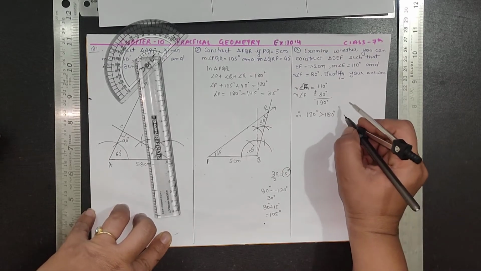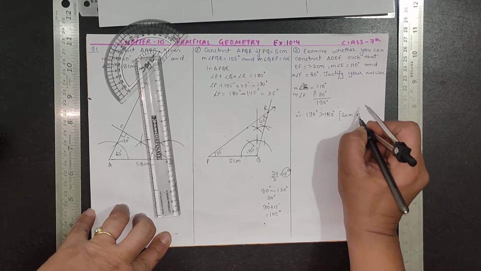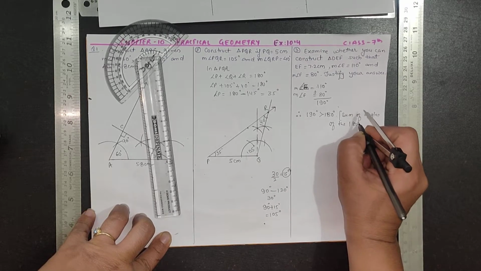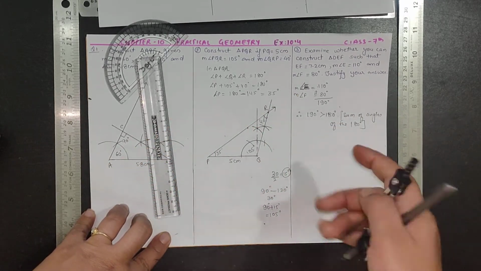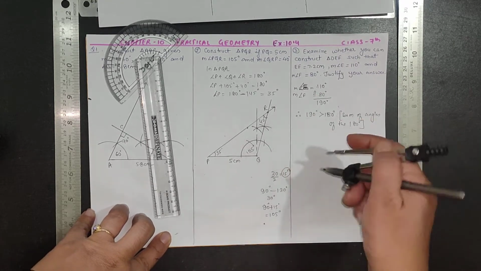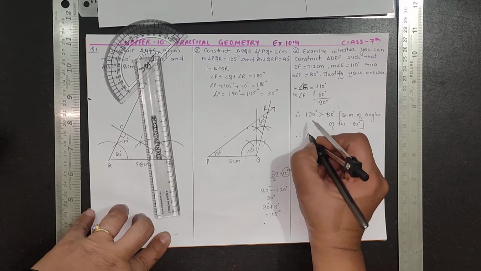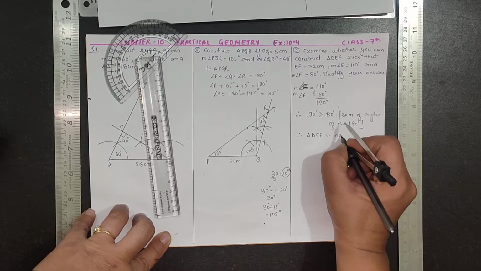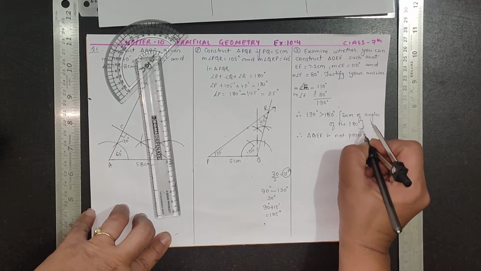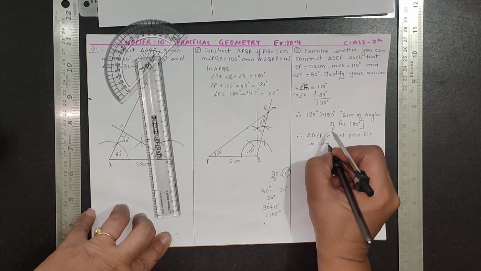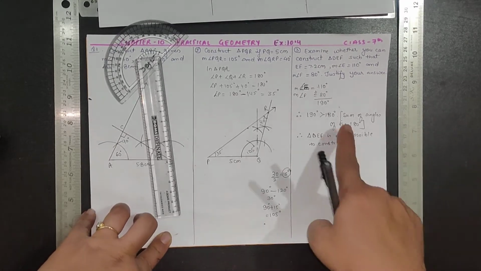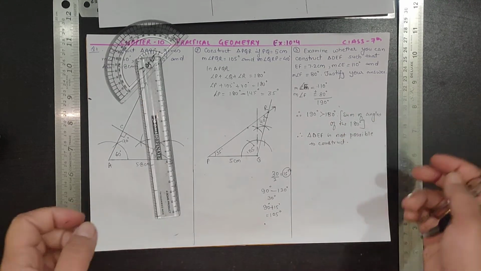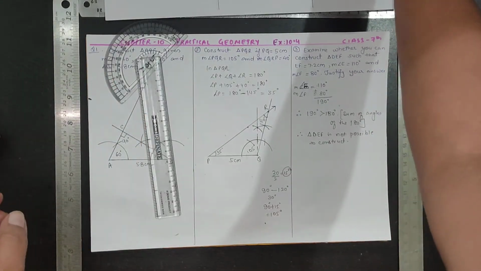Okay? And the sum of angles of a triangle is 180 degree and three angles are given. So here only two angles' sum is 190 degree. Therefore, triangle DEF is not possible to construct. That's it. Why? Because the sum of three angles should be only equal to 180 degree, and here you will get only two angles as a sum 190 degree, which is greater than 180 degree. So it is not possible.